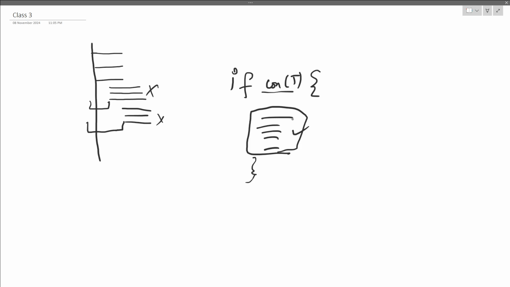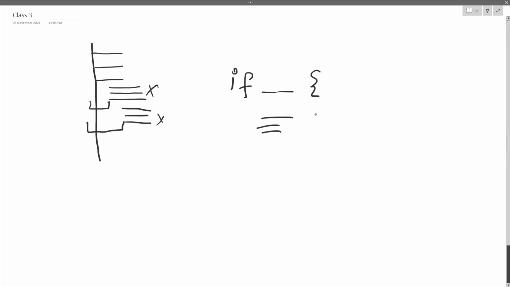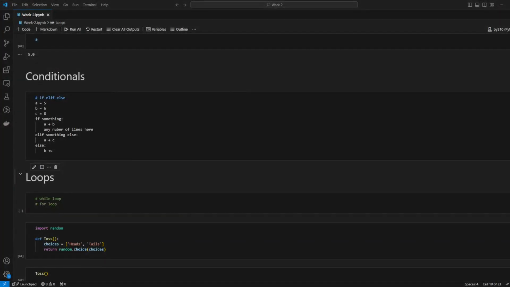But for Python, we don't use this because as you keep writing larger pieces of code with multiple levels, it becomes too confusing where your bracket starts and where it ends. So there is a different way of doing it, that is indentation. You don't have to have a starting and ending bracket, and you'll also easily be able to identify which level you are writing your code in. So if we go back to VS Code and see